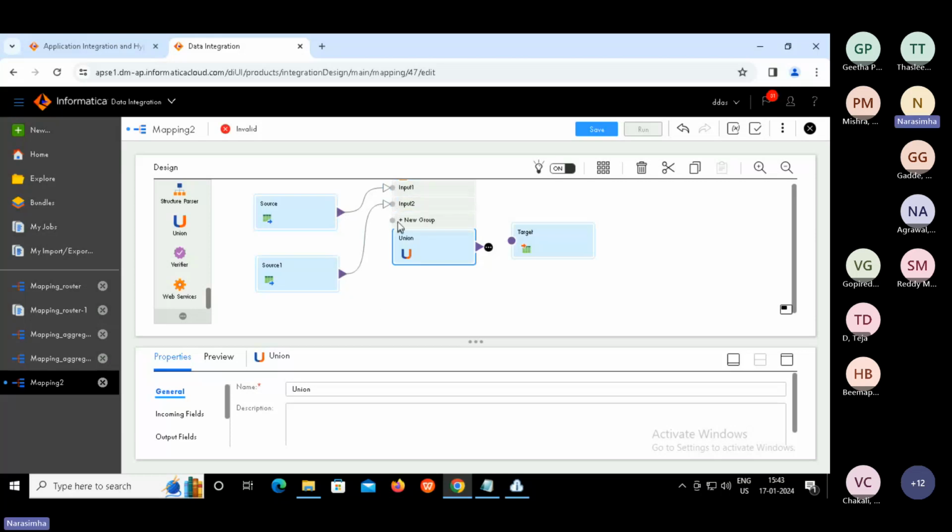Click on plus and you'll see two groups, and get the source data mapped to them. If you want to add one more, click on it so that we can add any number of groups, guys. Anyway, let's focus on two. Input one, input two.